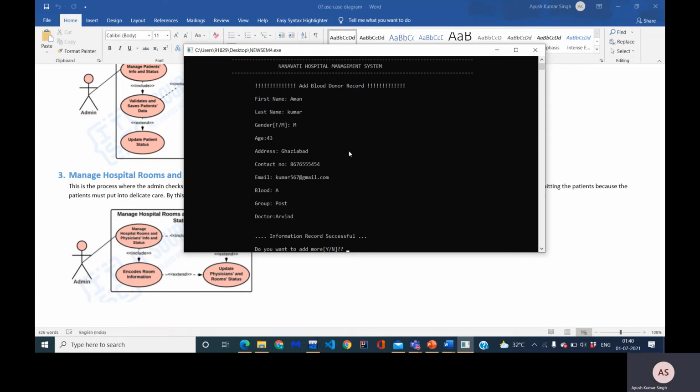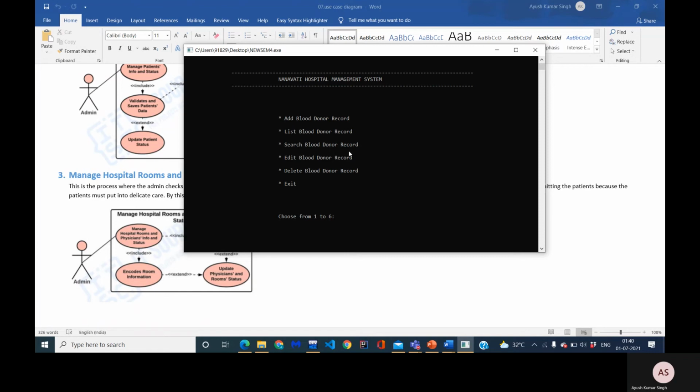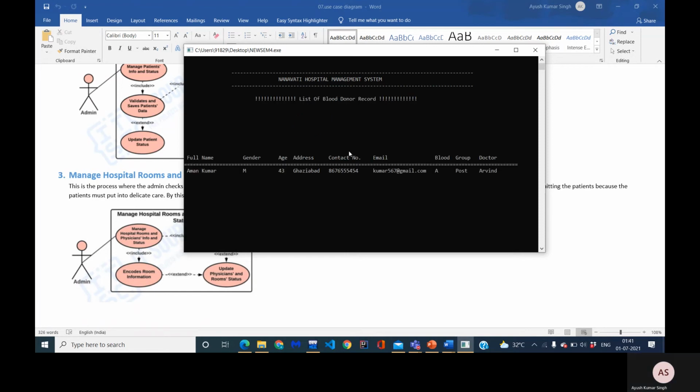The application is asking, do you want to add more? So I will put n here. I don't want to record any other person. Now finally the main menu will come, and if I put 2 here, here is the record of the blood donor.